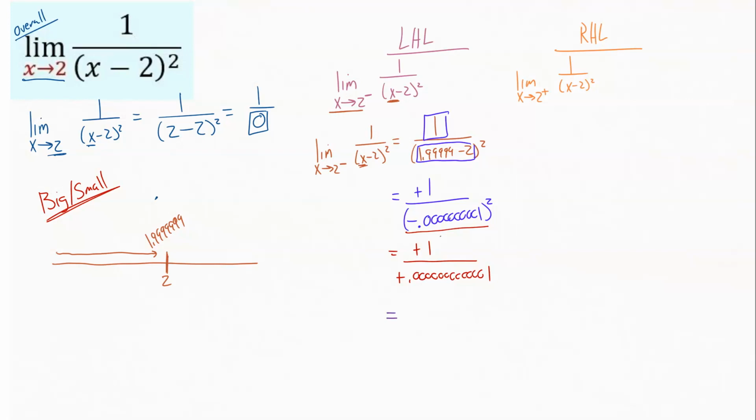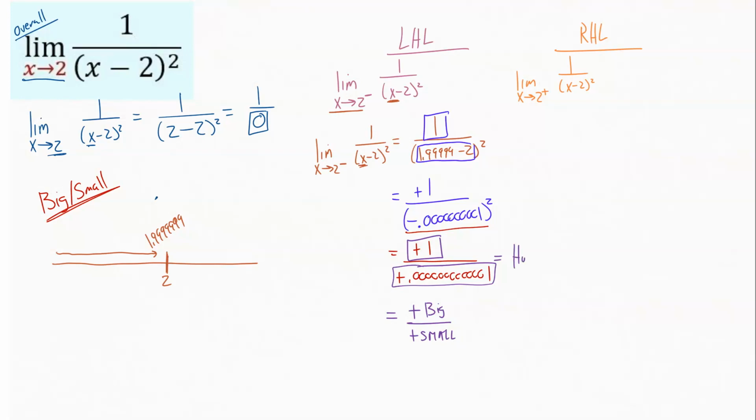What it means is on the top, I have a positive 1. So positive 1 is really a very big number compared to all these decimals. So we've got a positive big on top, and on the bottom we are dividing by a positive small number. So looking back at the line above, you can see that a big number divided by a really small number